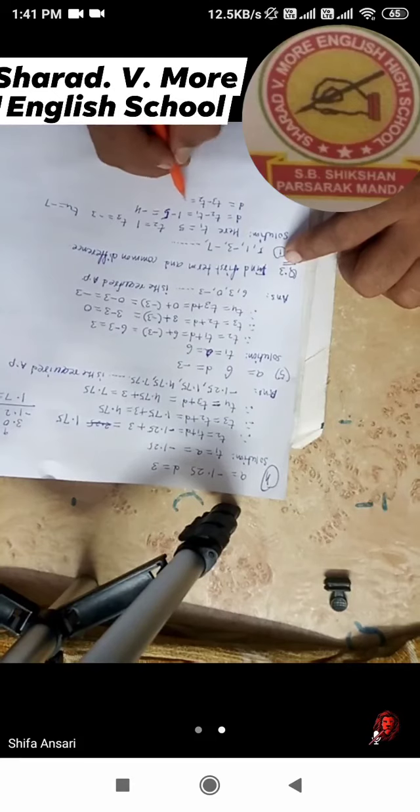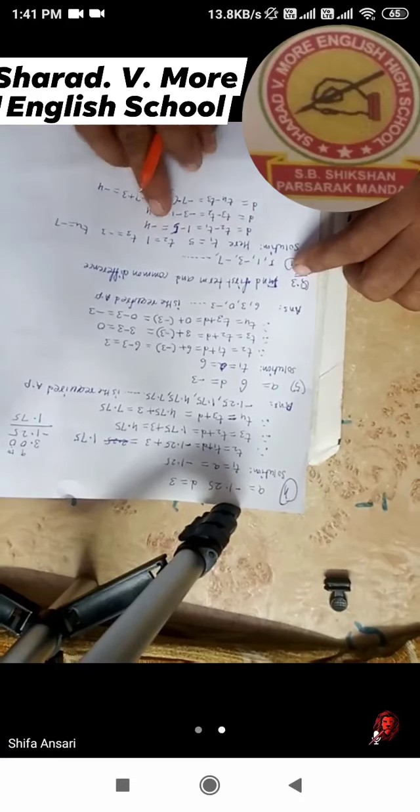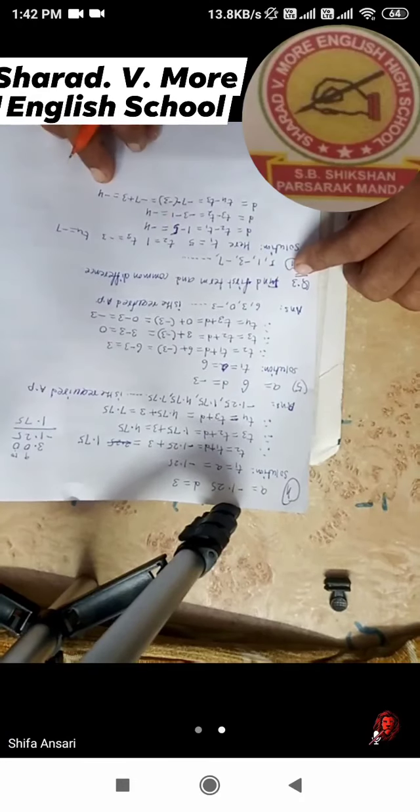Again find out the D. T3 minus T2. T3 is minus 4, minus 1 is equal to minus 4. Now T4 minus T3 is equal to minus 7 minus 3, which is equal to minus 7. This minus minus will become plus. Minus 7 plus 3 is equal to minus 4. It's clear now. So here what we have seen, each time the common difference is minus 4.